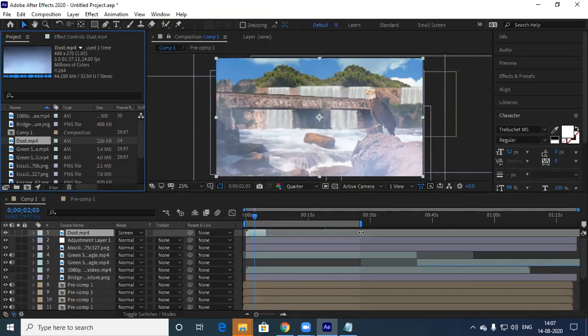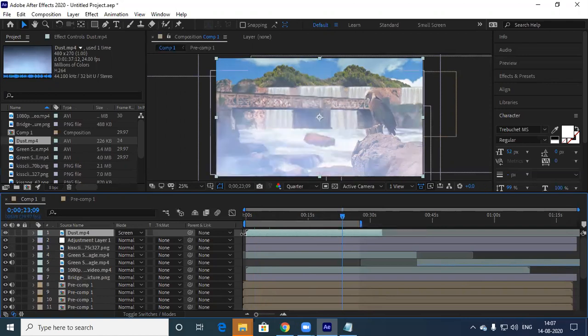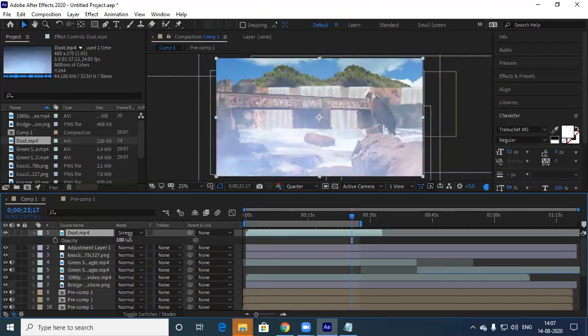Awesome. You have it like this. Then T for opacity, just make it 50. Okay, it looks good.